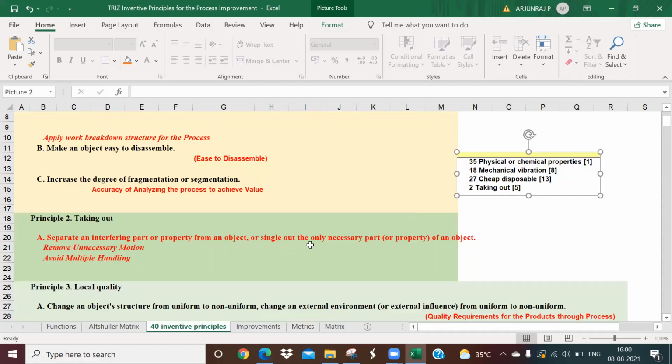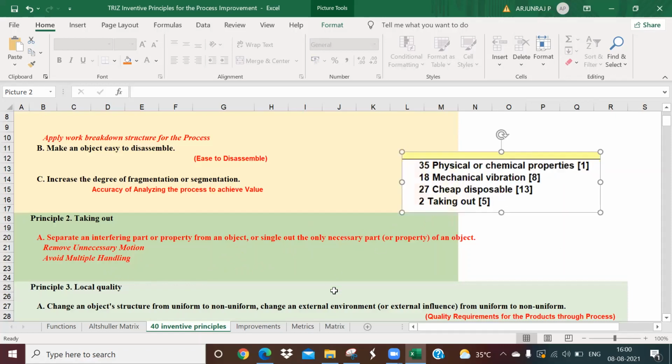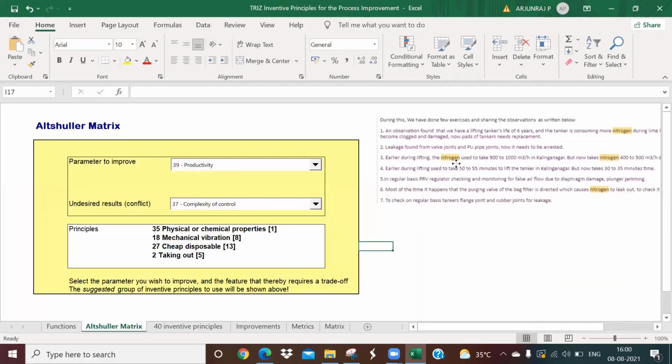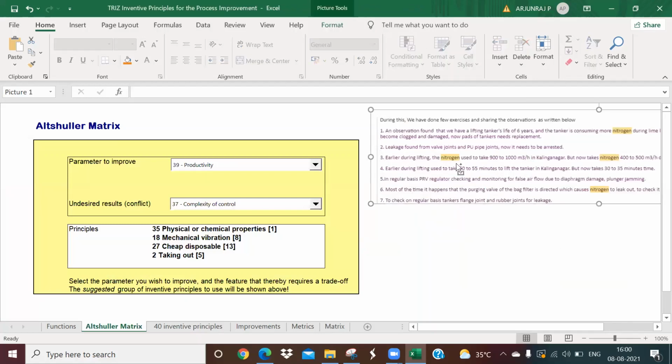You need to have a single movement or single process, in such a way that unnecessary movement or unnecessary handling or unnecessary things can be taken away. So here, the taking out for this aspect, irrelevant to your problem statement, what is your problem statement?